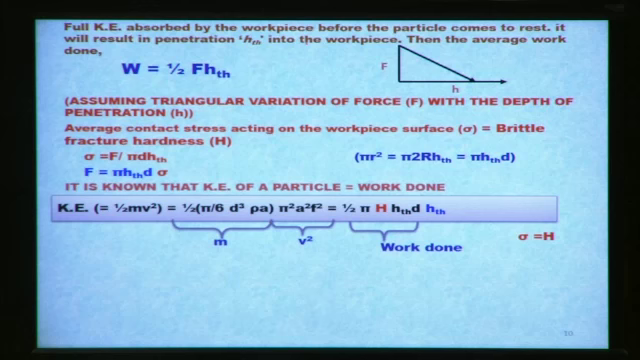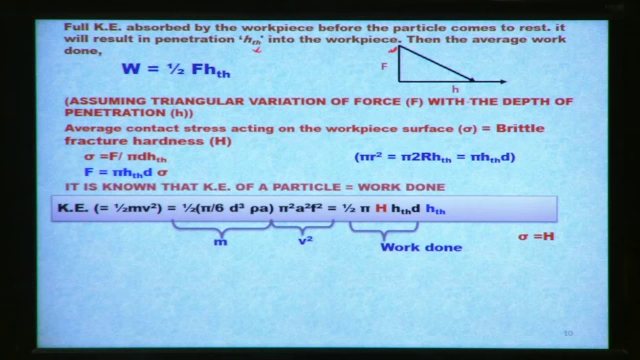So it will result in the penetration of h_th into the workpiece surface. This is the depth of penetration because of this throwing model. So it will penetrate an equal amount of h_th. Then the average work done. If we consider a triangular profile, with F max equal to here, so a triangular variation of this force with the depth of indentation,